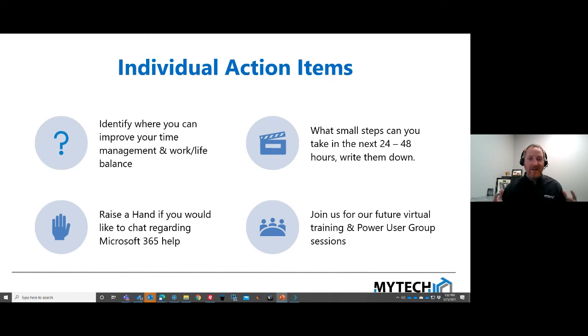Maybe just open up the MyAnalytics dashboard and take a look at some of those details. Maybe it's turning on the focus time, so you make sure you're blocking out that time proactively. Maybe you're just trying to set up the important ones so you can check out after hours if you struggle with that. And raise a hand if there's anything we might be able to help with. If you want to dig in deeper to how this or any of the other tools in Microsoft 365 might be able to help you, raise a hand.